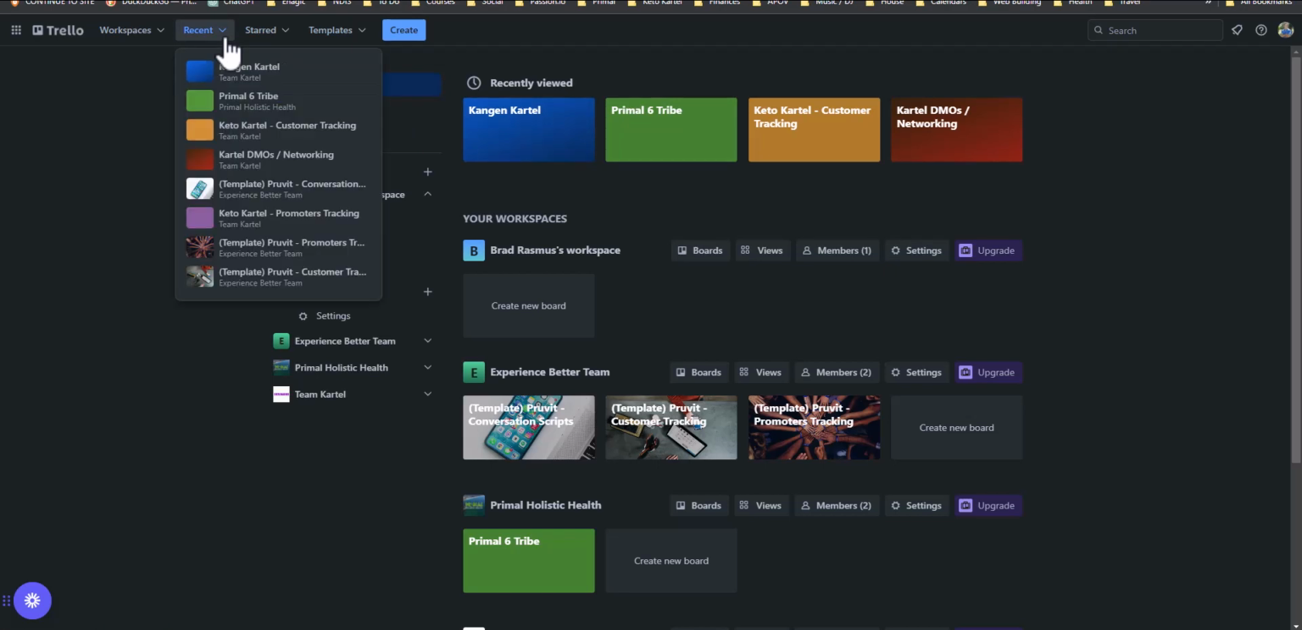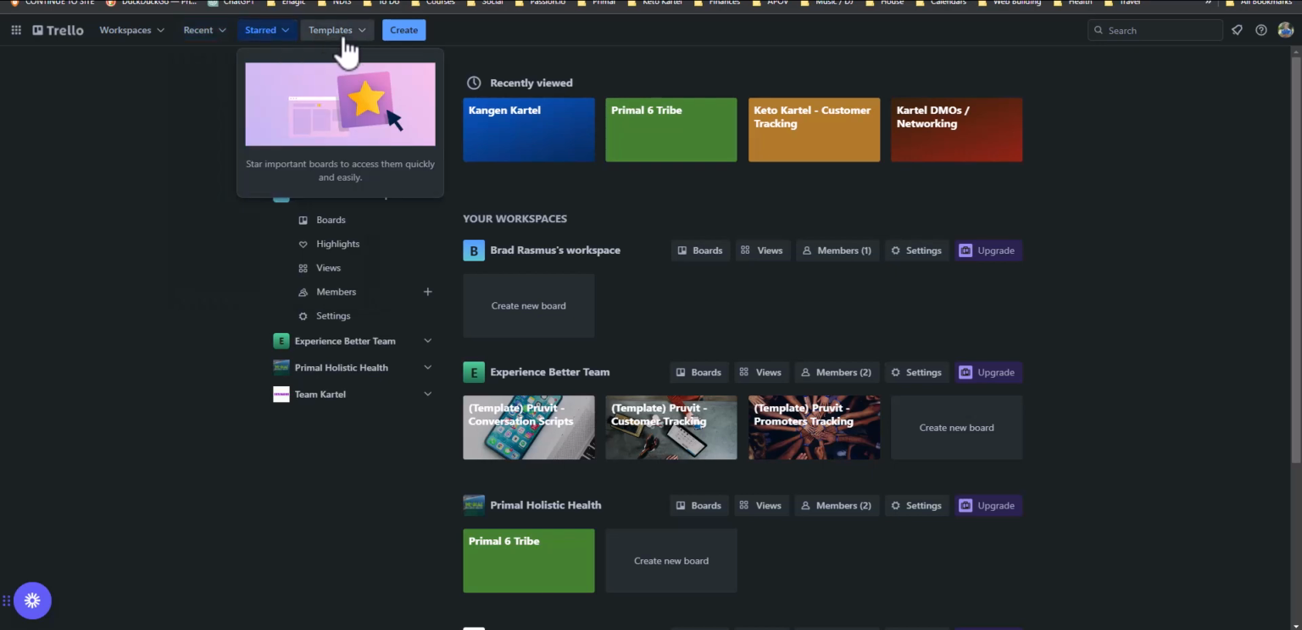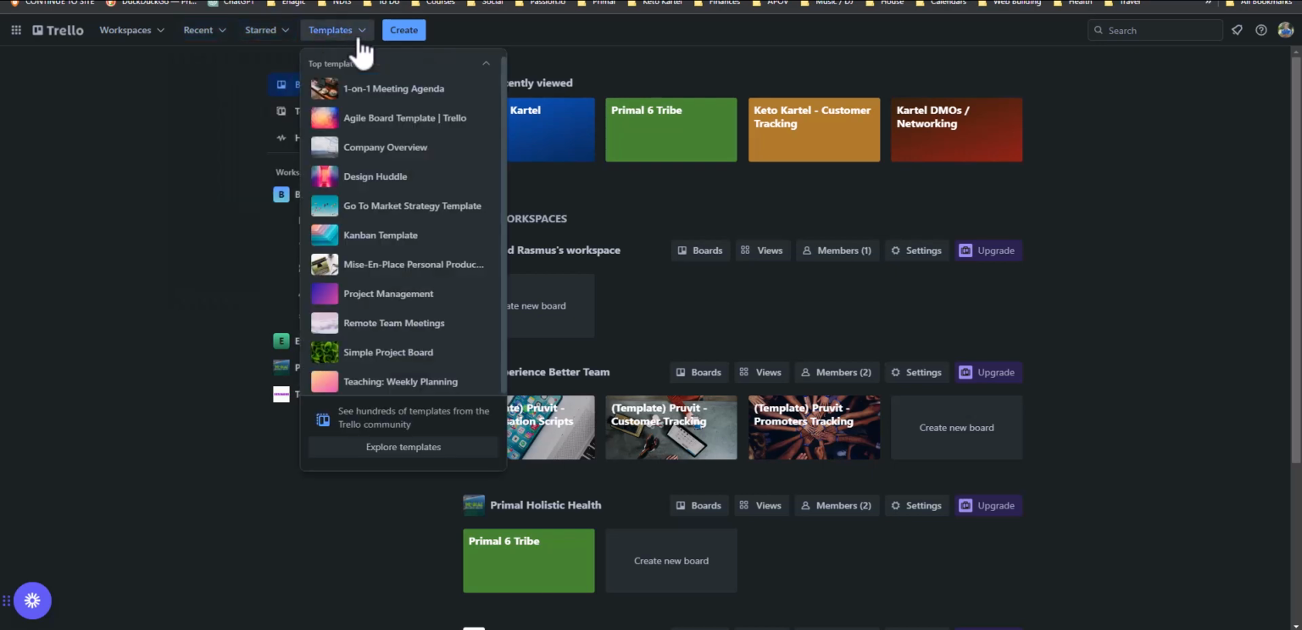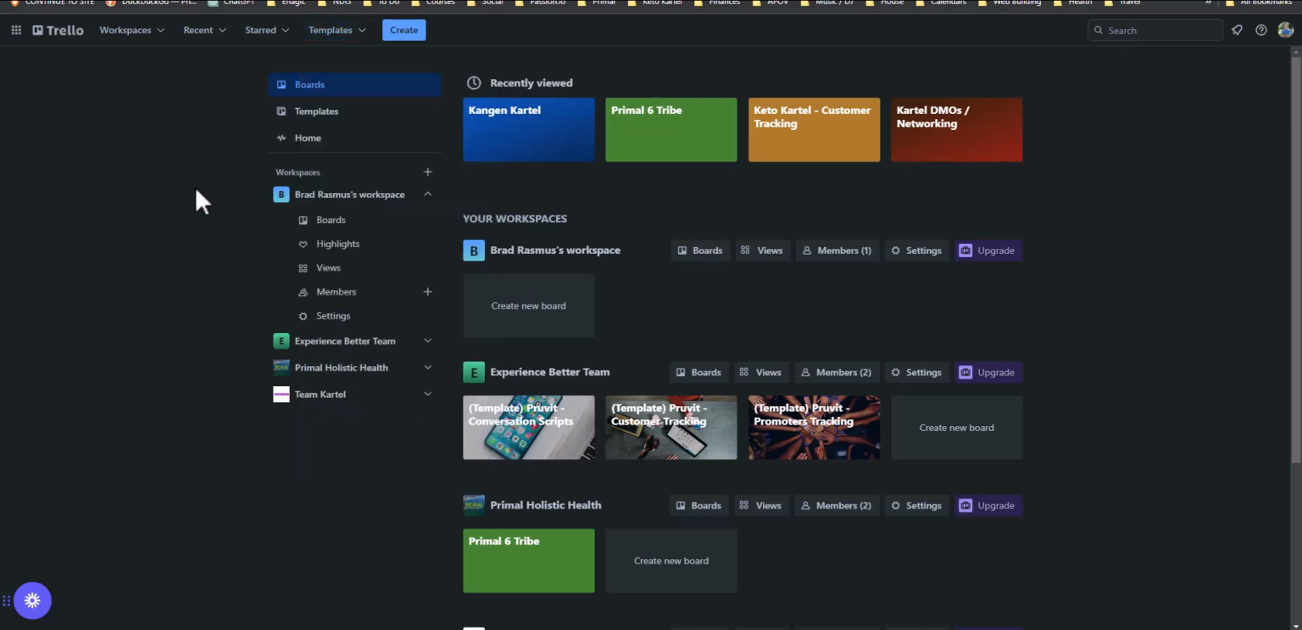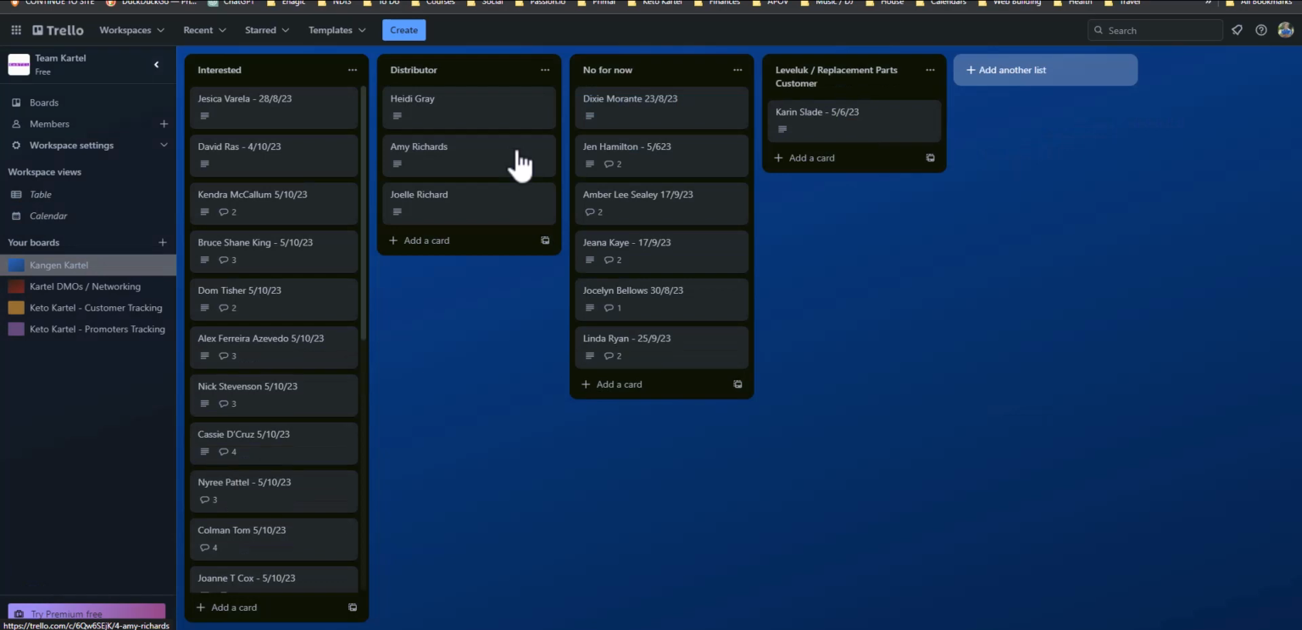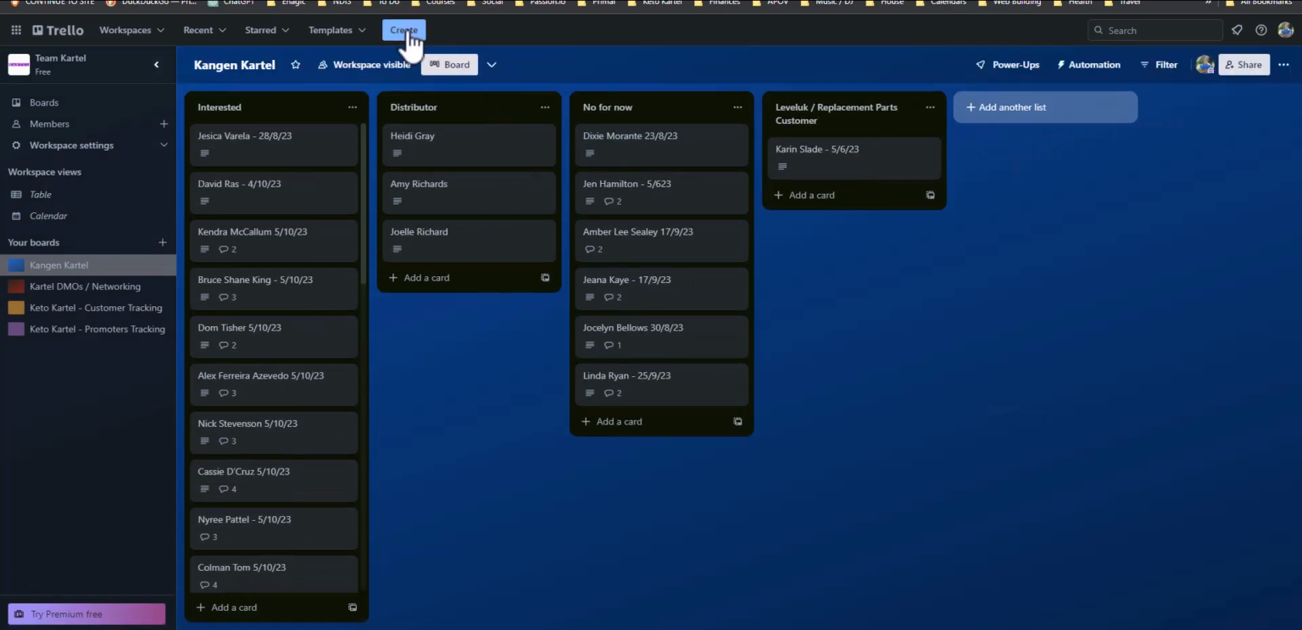Recent is just showing what things I've been using the most. So I've been using the Kangen Kartel the most. Starred ones are ones that are important to you. And then you've got templates, so you could go through and use something that they've already created. But I think it's going to be pretty simple the way that I'm going to show you how to set this up. So if I just go to Kangen Kartel like that,